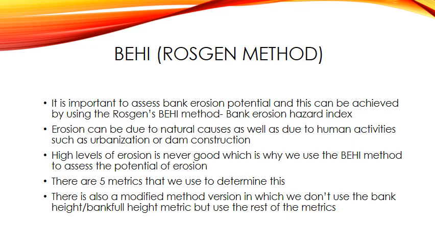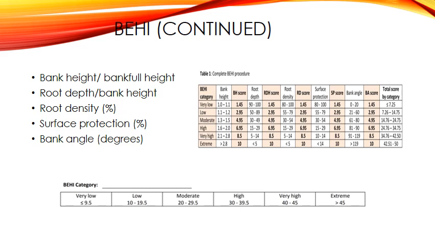There are actually two versions of this. There's the main method and the modified method. I'm just using the main method. It basically has 5 metrics that we'll be looking at in order to get the BEHI score. So the complete method is something like this. This is the chart that we use. For every value that you get, there's a BEHI score